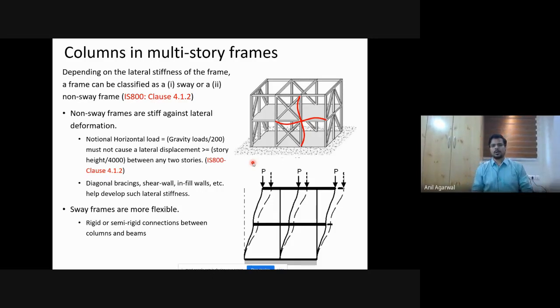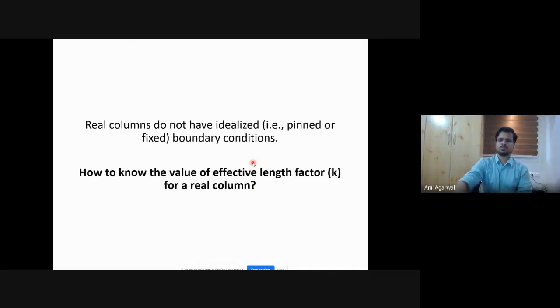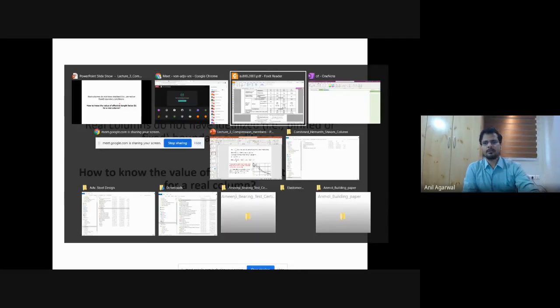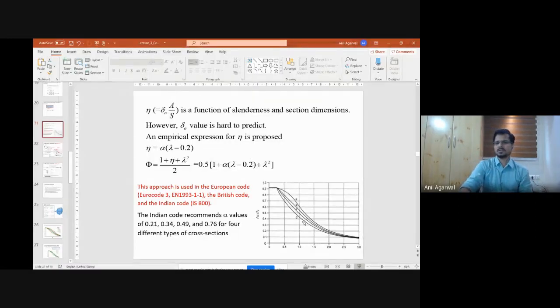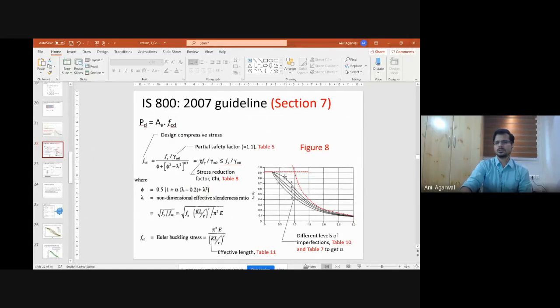Okay. So the issue now with whatever we have discussed so far is that you have to use these equations, the column capacity equations, ultimately. You can use this formula, or you can use this chart, or you can use this table, that are tables 8 and 9. In order to use this equation, you need to calculate lambda. For that, you need to calculate KL. What is KL? Effective length, right? Effective length, table 11.